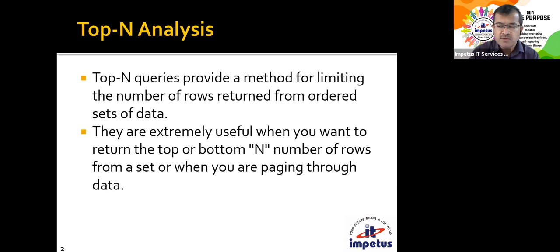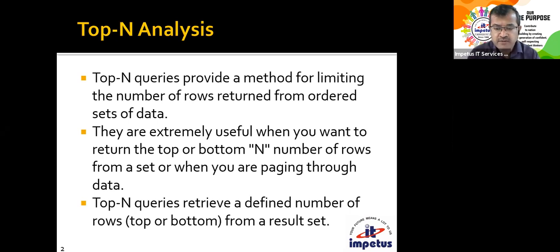So when you're paging through the data, assume that every page has some fixed number of values. So every page has 10 rows, and you want to see only the fourth page. That can also be done. So I will learn what are the mechanisms for paging through the data as well. So let's assume that every page has n number of rows, and you want to see the nth page itself. Rather, I did not implement it in that fashion in this example. Now that we have discussed it, I'll rewrite that example so that we can see the nth page.